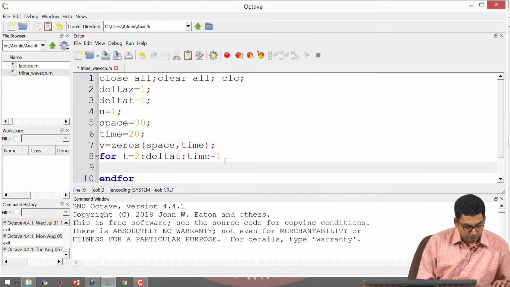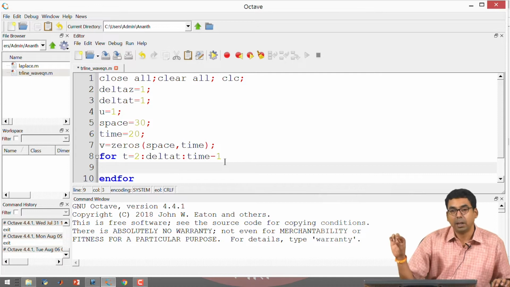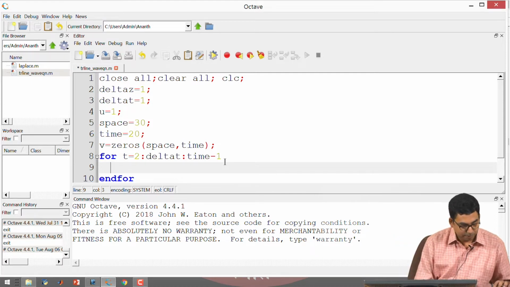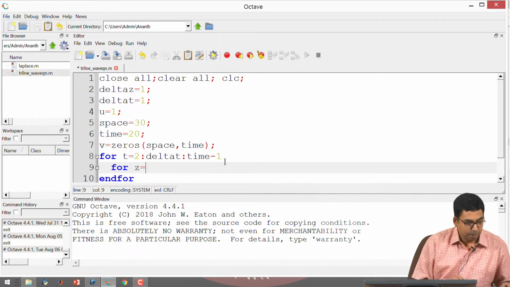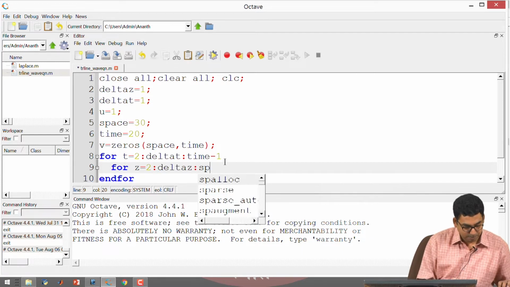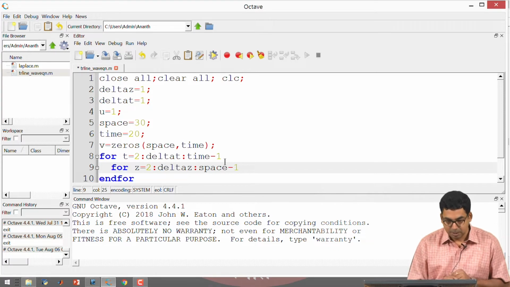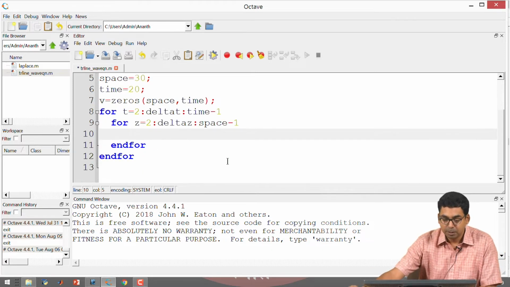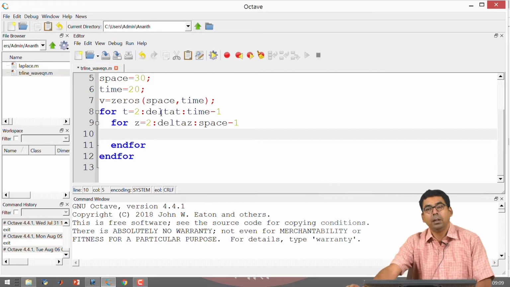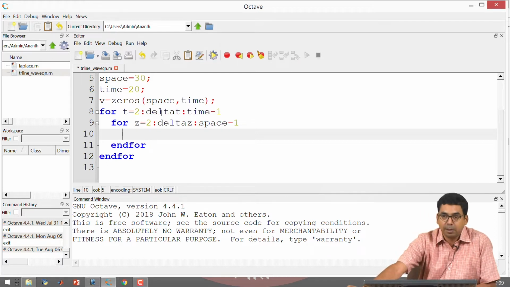Okay. And I am going to have for all points in the transmission lines in space, you will need to calculate the value of the voltage, right. So, I am going to go ahead for z equal to okay, and inside this loop I am having a time loop that takes care of T naught plus delta t and keeps going till the end of the time that you have specified, all right. And at all positions in space for every instant of time is when we are calculating the voltage over here.